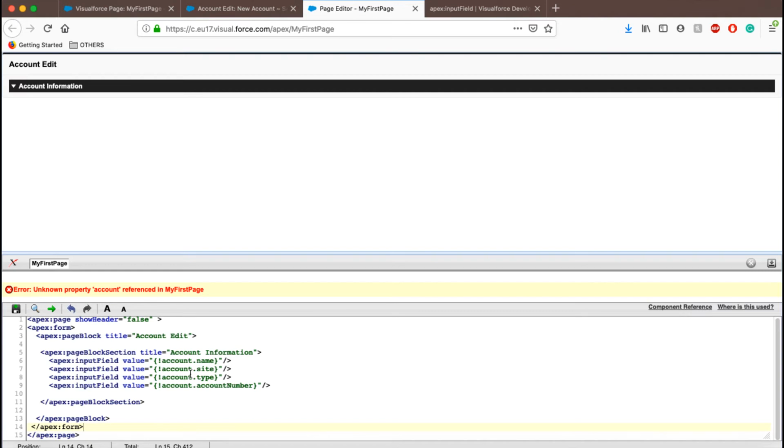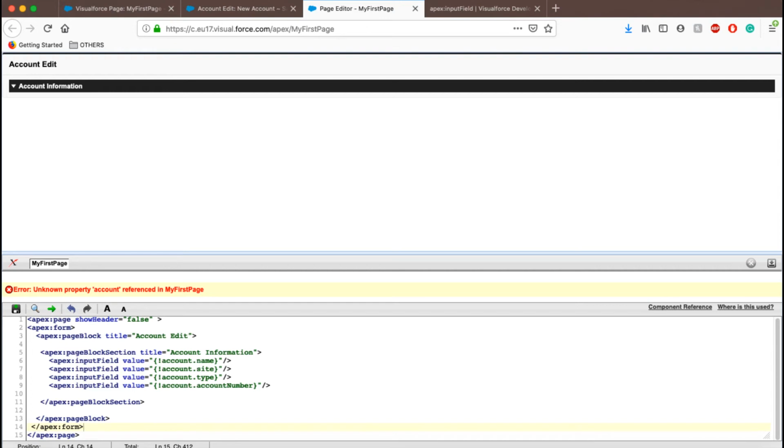Now there are different types of controller available in Salesforce. One is standard controller, the other one is custom controller. What do you mean by standard controller? Basically, controller is something where you're going to write business logic. Now Salesforce already has the existing business logic, so we don't need to write another Apex class.